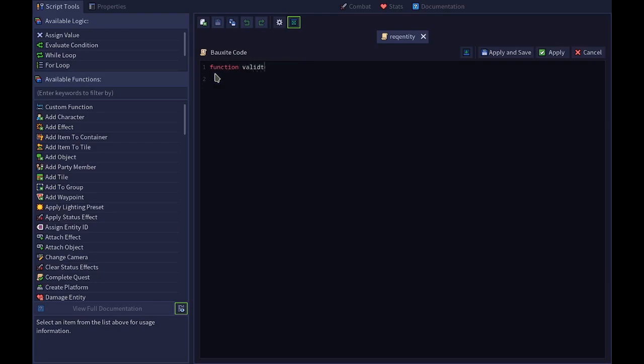validate entity and $selected. We want to pass in what we're hovering over as we move the cursor over things. Let's just end the function. And then what we're going to want to do is store a variable. So ent underscore type equals $selected dot type. So as we hover over things, grab the type and store it into a variable, and then